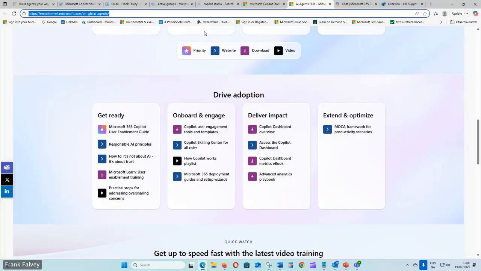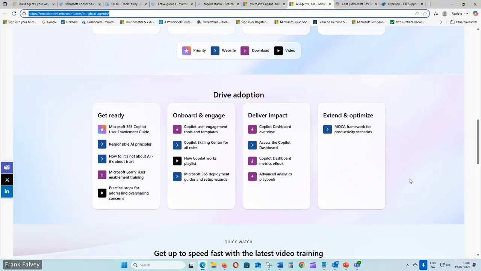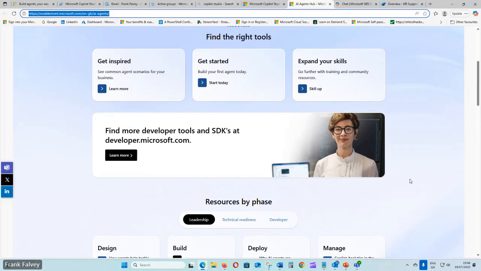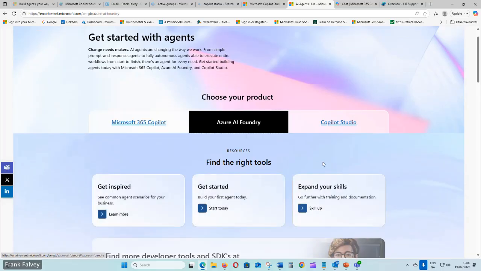Yeah, that's great. It's full of resources and rich content. If we want to build using either Copilot Studio or AI Foundry, we have enough content here, based on the roles also, like which role we belong to.